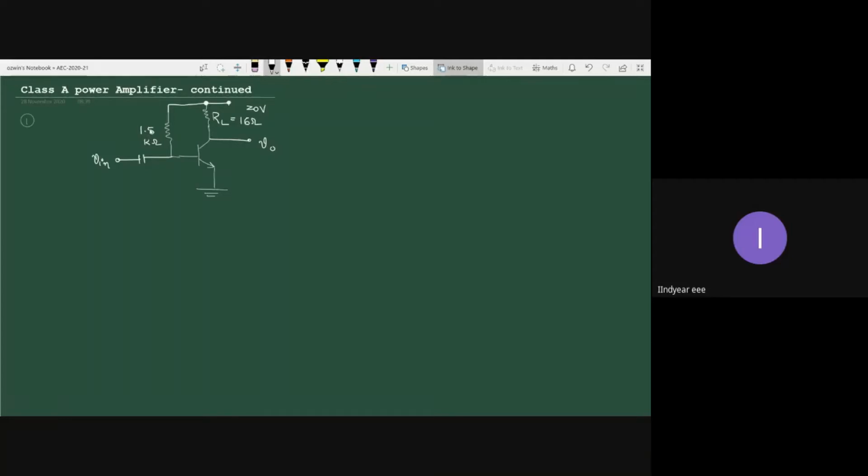...shown in figure below, operates from a DC source, and the applied sinusoidal input signal generates a peak base current of 9 milliamperes. So IBM, that is the peak base current value, M stands for maximum, is 9 milliamperes. Okay, so calculate